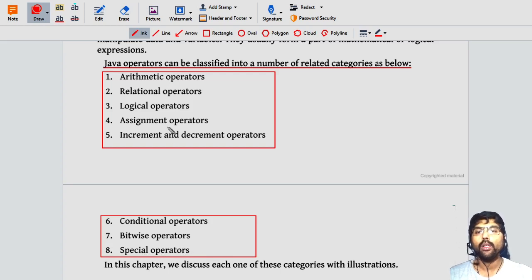because the first 7 operators are already available in your C programming language. That means these operators are actually taken from C programming. So in this video, I am not giving detailed knowledge about all these operators. I am just giving an introduction to which operators are available in your Java language. All these operators are actually taken from C programming, which you already learned in the previous semesters. So I am just giving an introduction here.